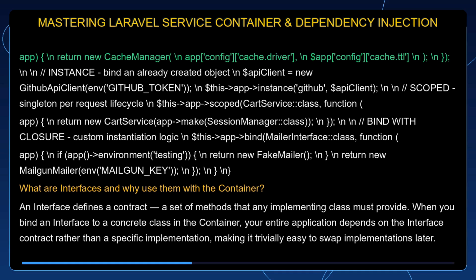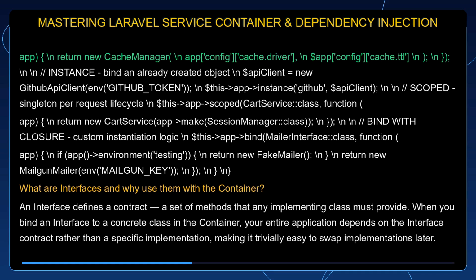Scoped: singleton per request lifecycle. $this->app->scoped(CartService::class, function ($app) { return new CartService($app->make(SessionManager::class)); }). Bind with closure, custom instantiation logic. $this->app->bind(MailerInterface::class, function ($app) { if ($app->environment('testing')) { return new FakeMailer; } return new MailgunMailer(env('MAILGUN_KEY')); });